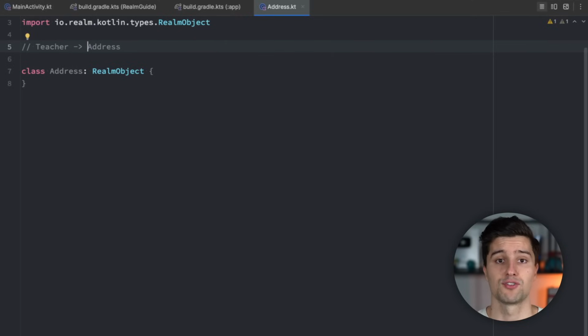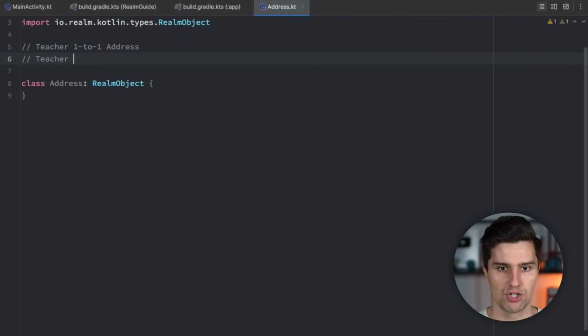But then we also have a so-called one-to-many relation. That means one teacher can hold many courses. But if we turn that around and take a look at one course, then that means one course can only be held by a single teacher. That is why we get to a one-to-many relation. One teacher, many courses, one course, only one teacher. So let's just write down our different relations here. On the one hand, we have a one-to-one relation for address. Then we have a teacher one-to-many with